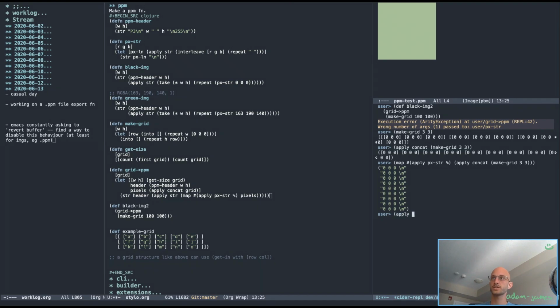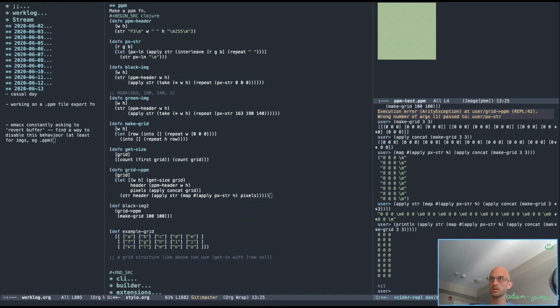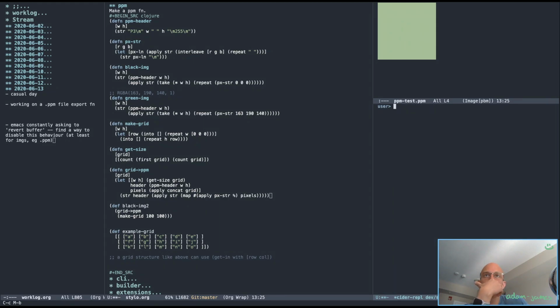And then if I apply string to that, print line, this whole thing, yeah, okay, that's kind of working. But instead, what I've done is something incorrect. So grid to ppm,